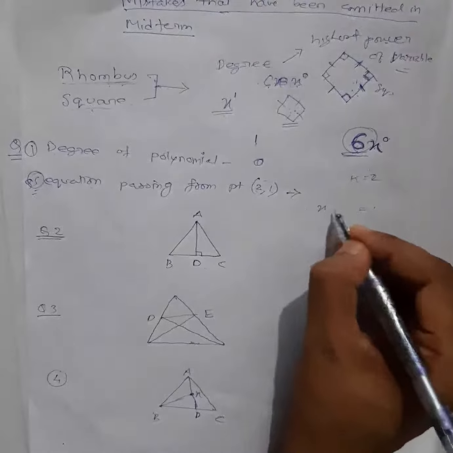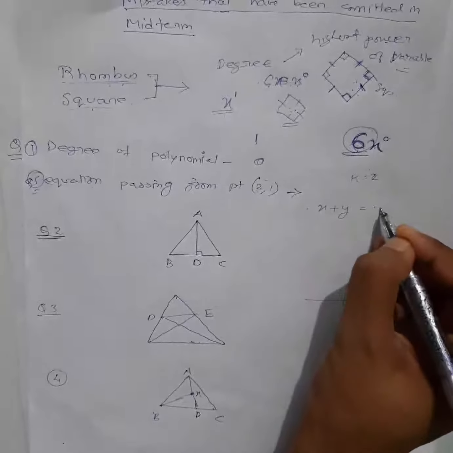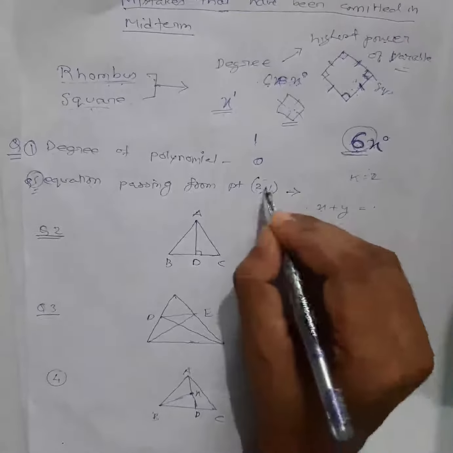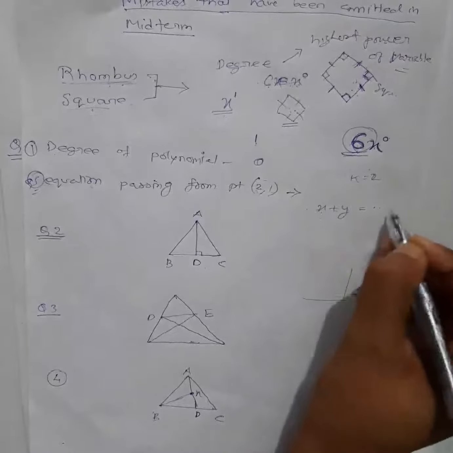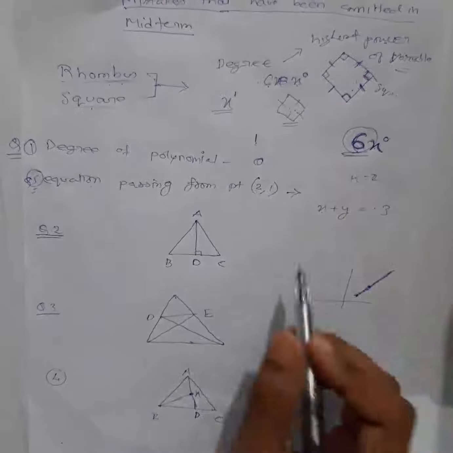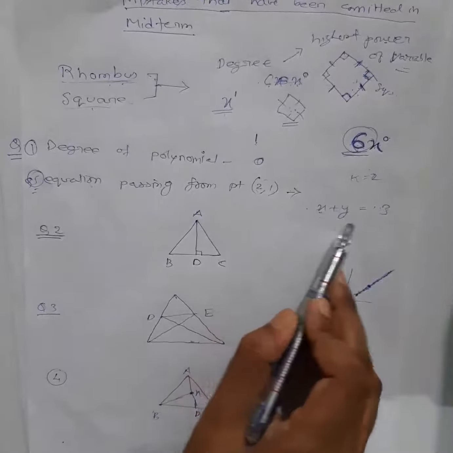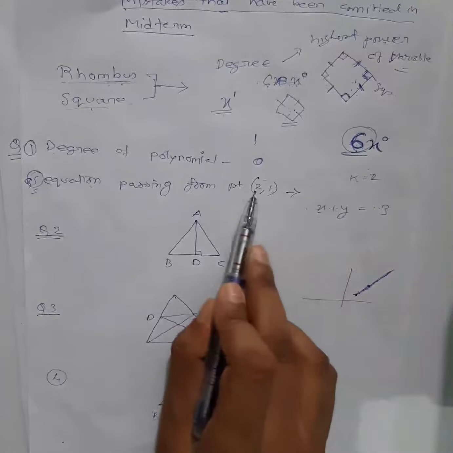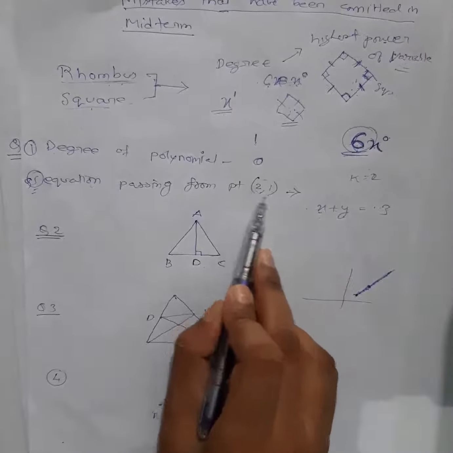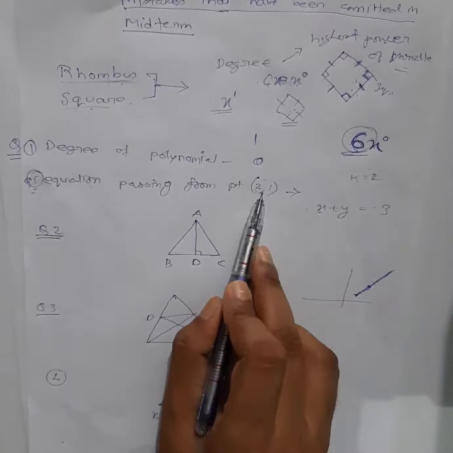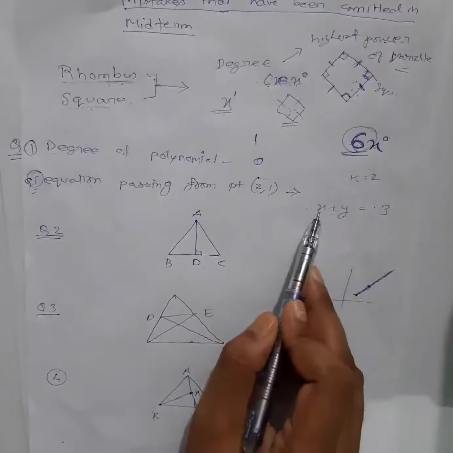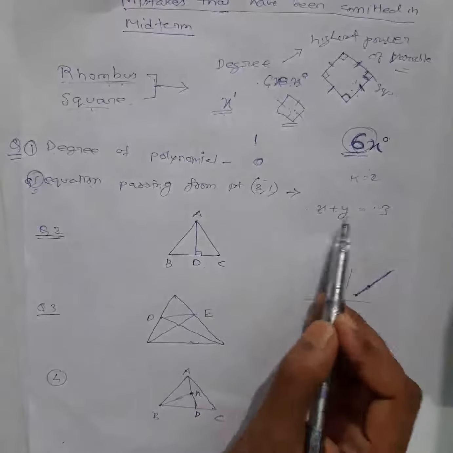So how can I write it? Very simple. For x plus y, in place of x it should be 2, in place of y it should be 1, right? 2 plus 1, 3. This is how you can write it down. You can see I can write this equation as a line which contains this point. Okay, this is a straight line, right? Because this is a linear equation. I told you this many times.